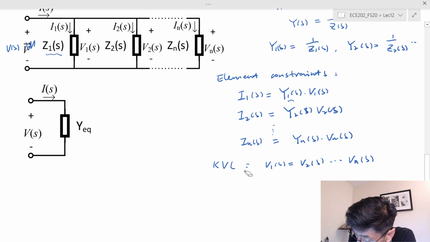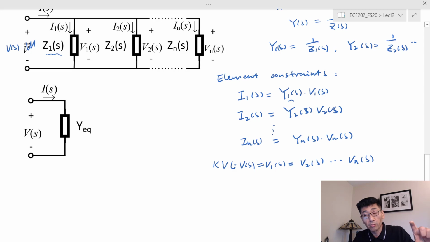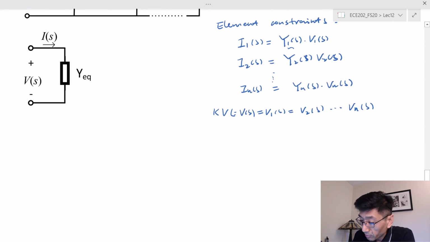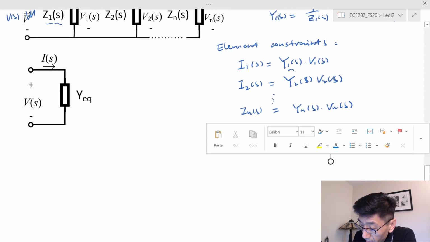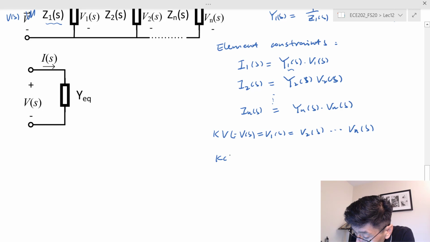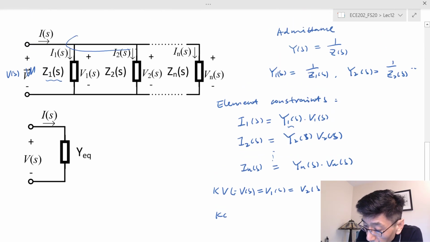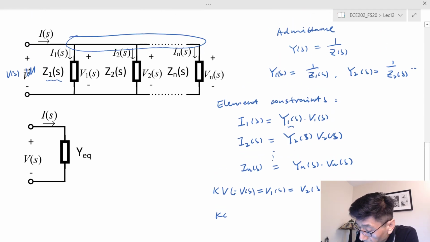So the phasor Vs should be equal to all the voltages across these elements. So the total voltage at the terminal should be equal to each of the voltages across these elements. And also we have the KCL, right? So at this node here, the total current I sub s, KCL,